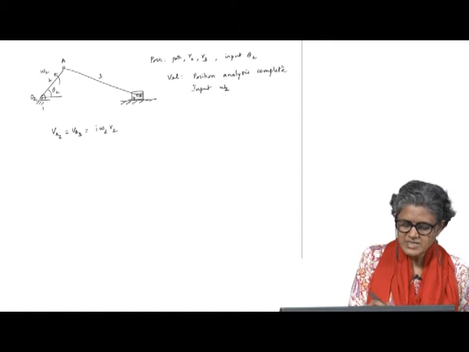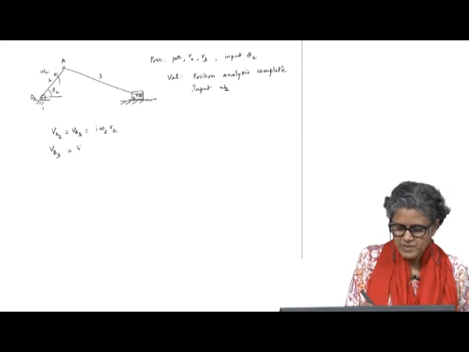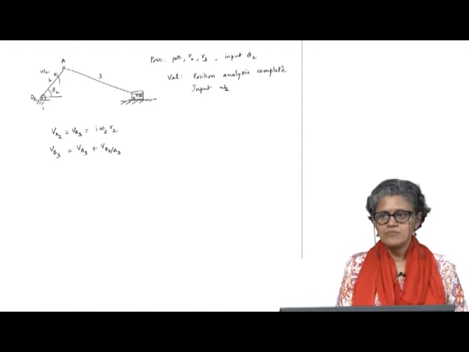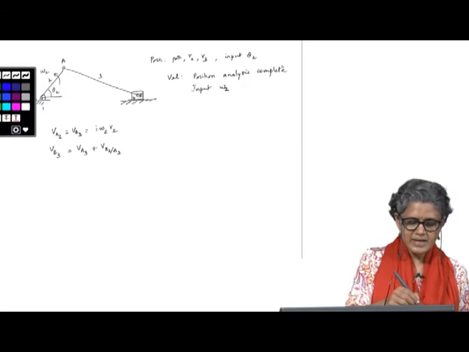Now, if I consider body 3, I consider points B and A. So, I have velocity of B on body 3 equals velocity of A on body 3 plus velocity of B3 relative to A3. Okay. So, in my velocity diagram,